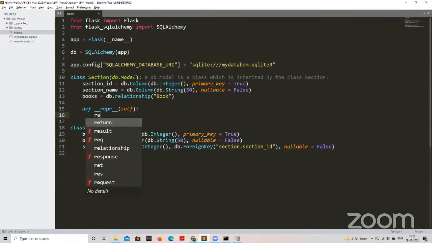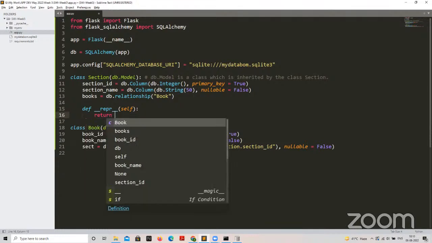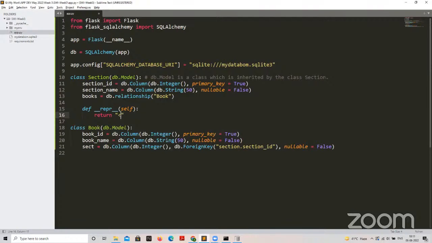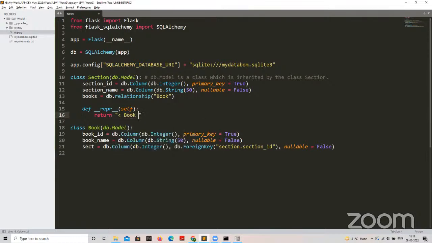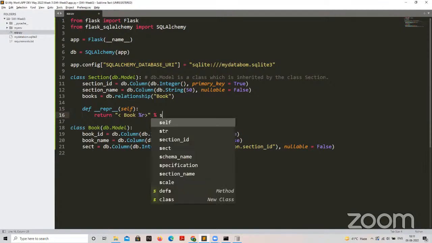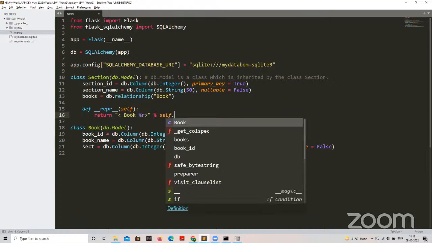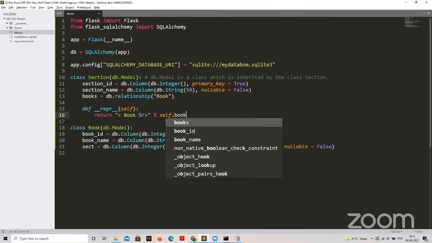Okay, now what it does is it returns a string, but we want it to come as an object. For example, if I write it like this, and I want it to give me book, and then some %r and this, and then again %, and let us, I guess, self dot book, sorry,